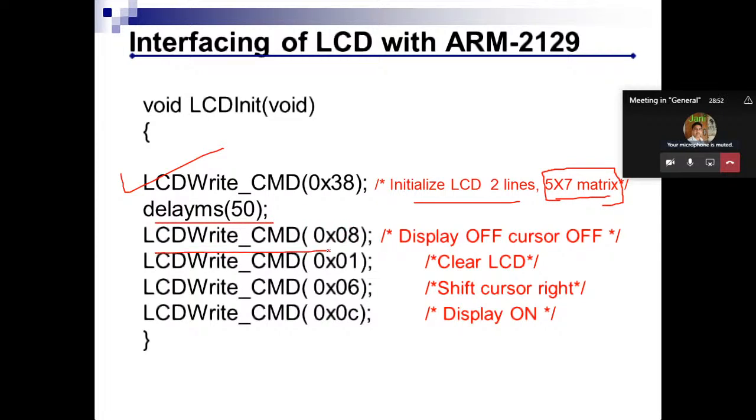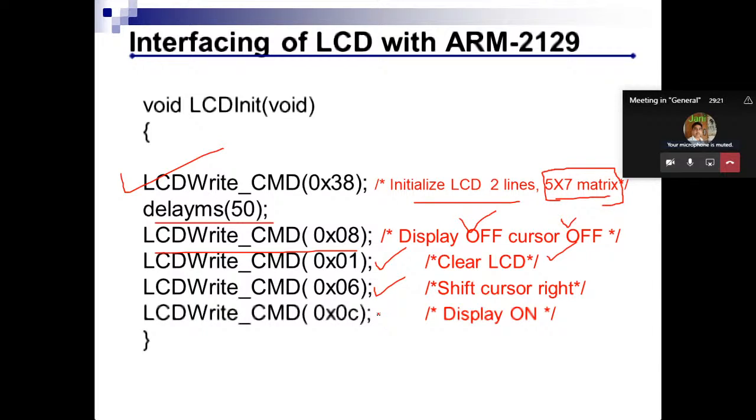Then we send another command 0x08, display off cursor off. So if you want to make the display off, then we are sending 08. If you are sending 01, then you are clearing LCD. If you are sending 06, that means you want to shift the cursor in the right direction. That means you want to start the entry. The first entry will be on the left side and your cursor will move towards the right side. So that is normally what we do during the writing process.